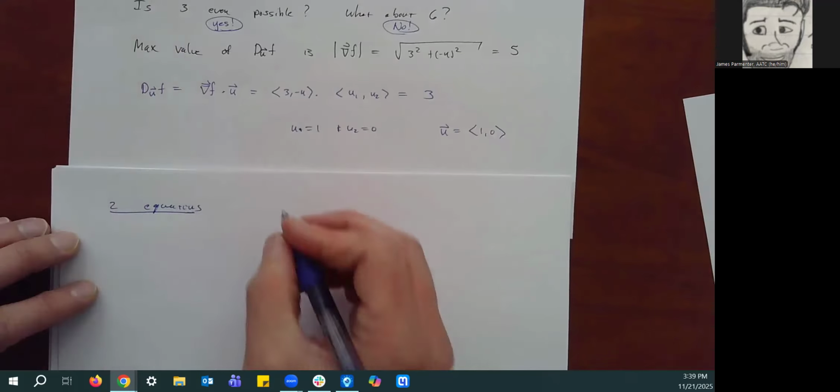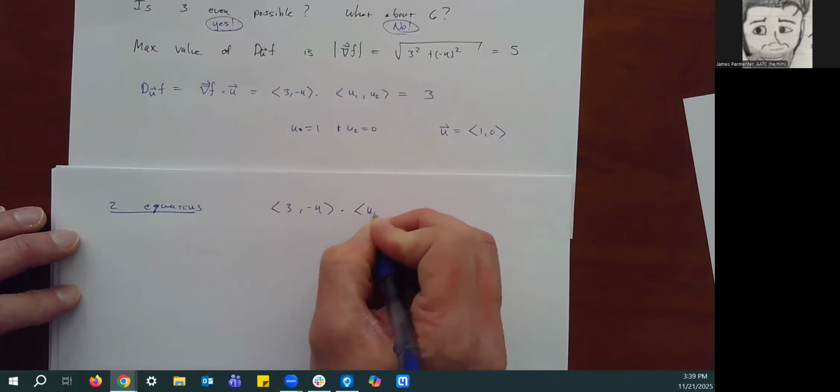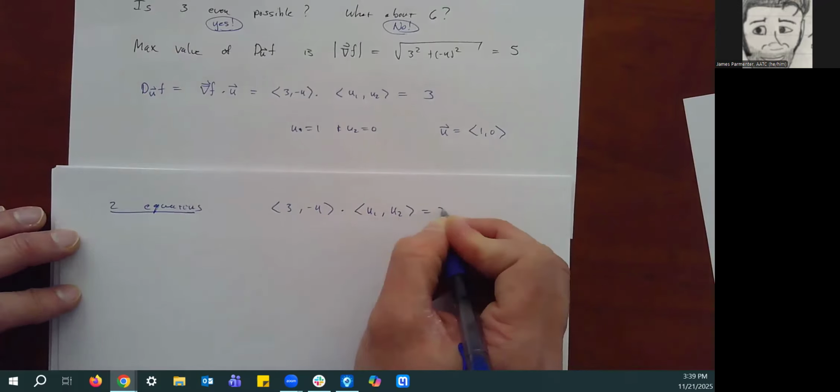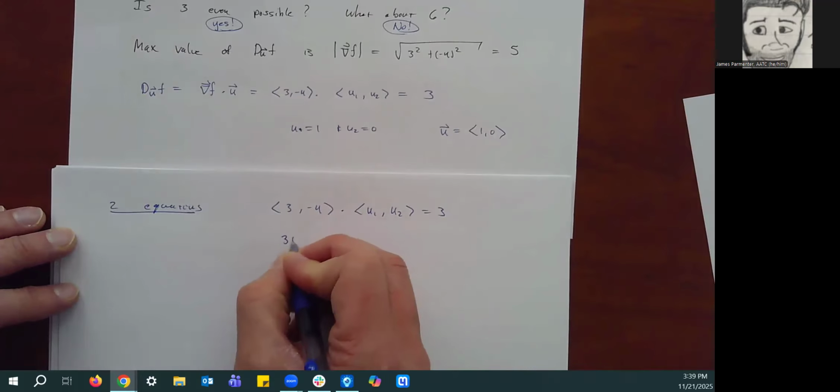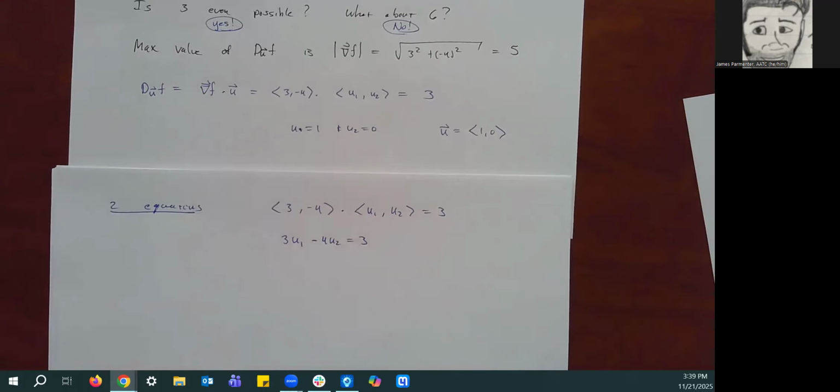Sorry, you can't see that, but I'm referring to it. So we have this 3 comma -4 dotted with u1 comma u2 is equal to 3, which becomes the equation 3u1 minus 4u2 equal to 3. And we just happen to notice that u1 equal to 1 and u2 equal to 0 works,